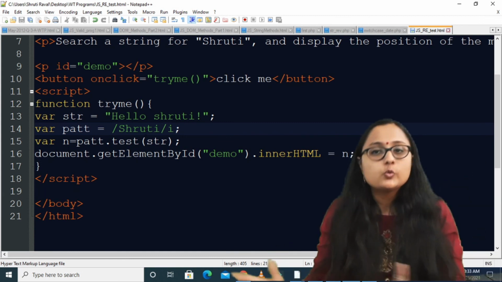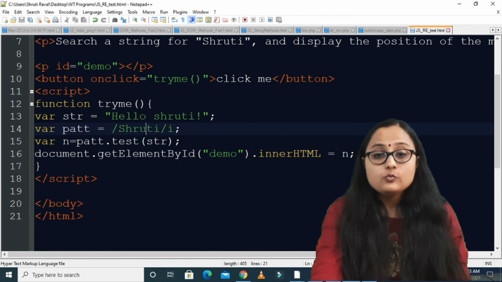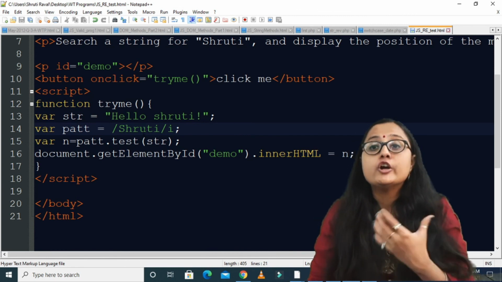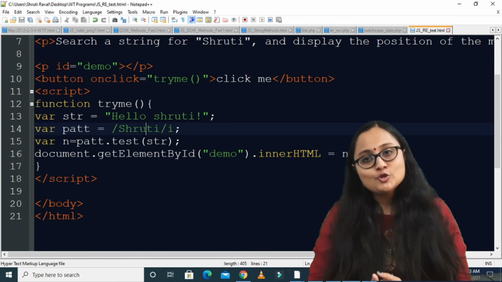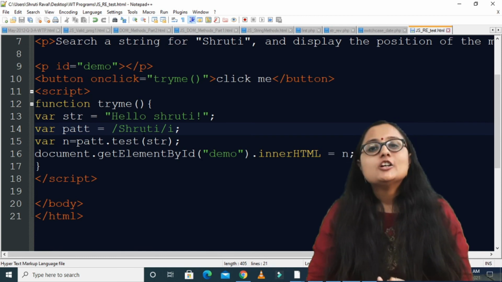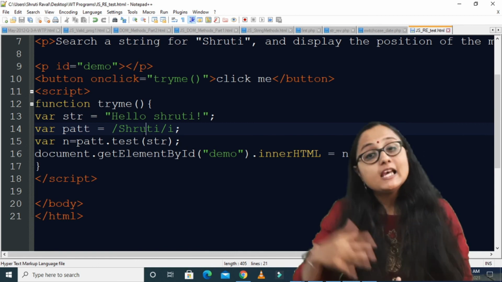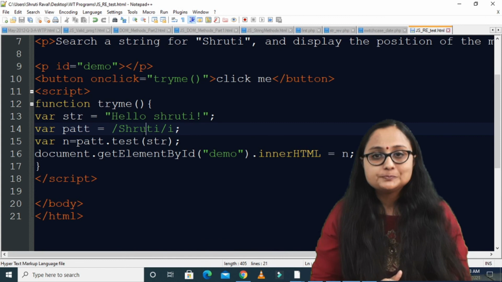So if you have a sequence of characters, and if you want the exact match, you will have to create the pattern accordingly. You may wonder how to create such a pattern. You will learn how to create exact matches in the upcoming lectures.